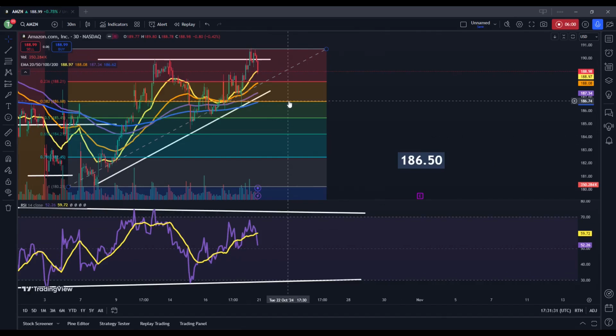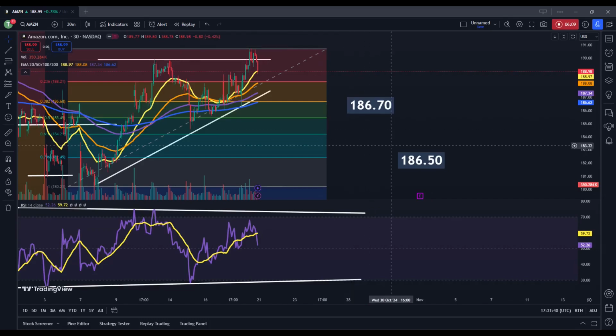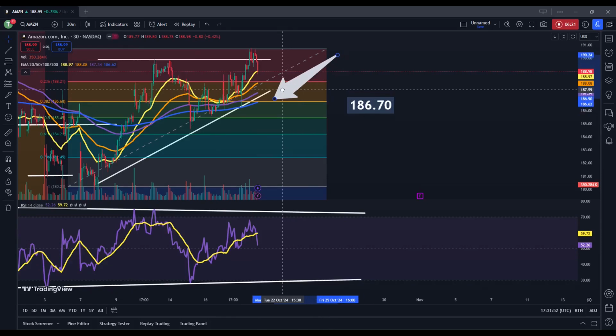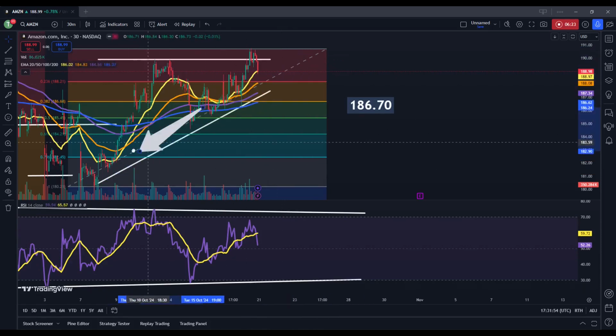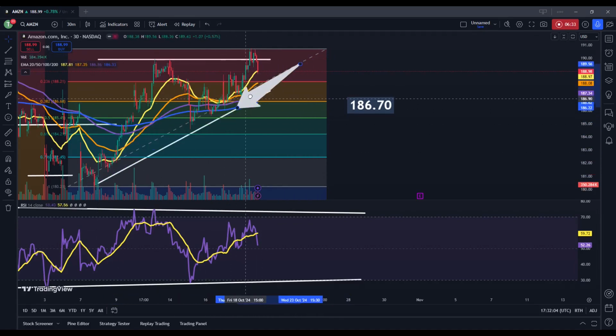I would say that share prices would really need to move below 186.70 to start to reverse things here. There are a few different reasons for that. If share prices do move below 186.70, I would then start to at least look at more of a sideways consolidated viewpoint because this area marks the 38.2% Fibonacci retracement of this ascending move higher. It also comes into contact with this 200 period exponential moving average, which is this blue line, and that ascending